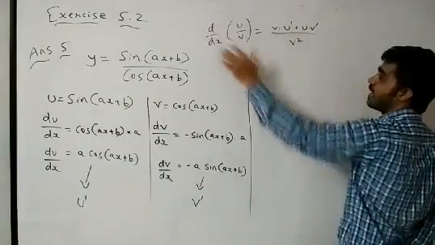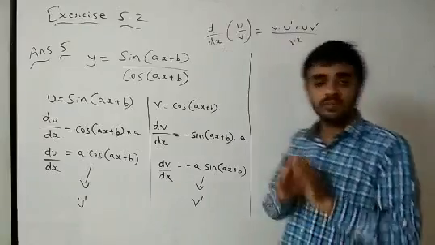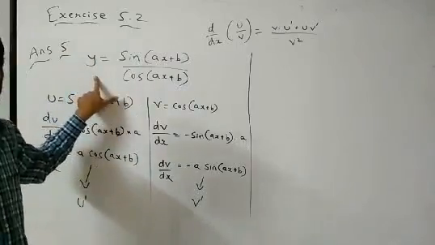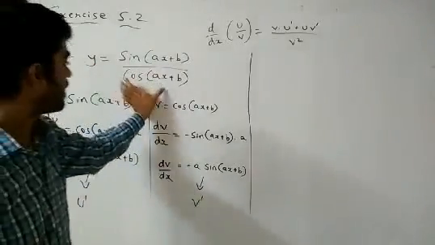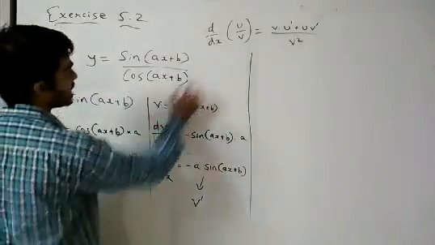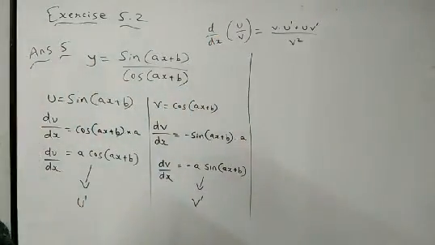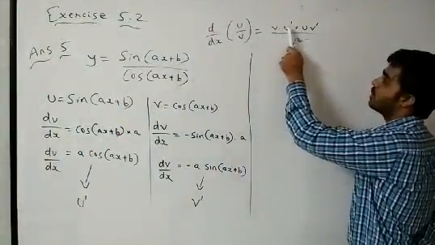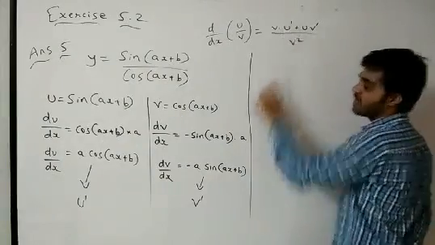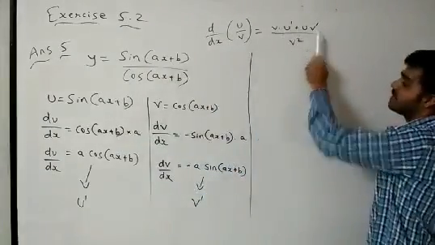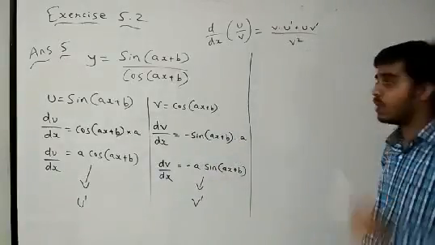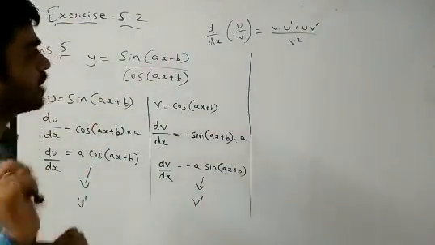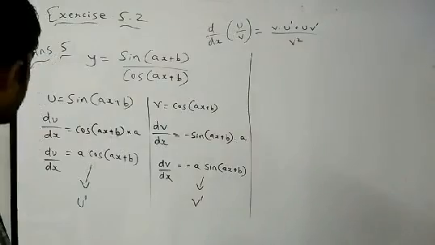So all the values we have now, so we can keep the values, because the first thing over here is that we have to find the differentiation of this. But you know that we have assumed this as u and we have assumed this as v. So what we have done, d by dx of u by v, that is nothing but the quotient rule. So according to the quotient rule, the derivative of u by v is (v into u dash minus u into v dash) over v square. So u dash we have calculated, that is over here, and v dash we have calculated, that is over here. So now we will just keep the values in this and you will get your answer, right? This you can try on your own also, but still we will try to complete it.